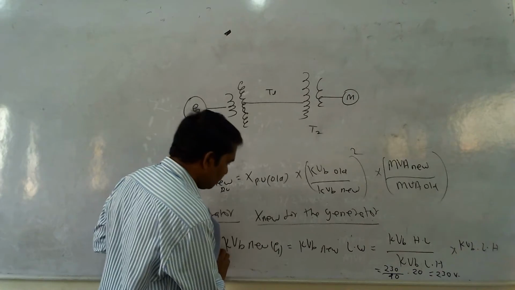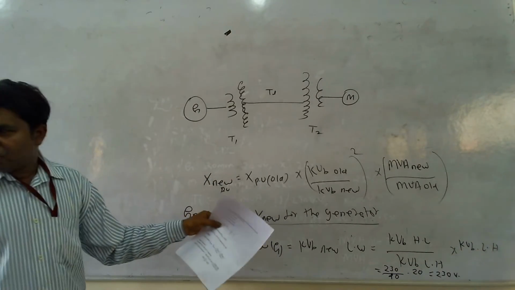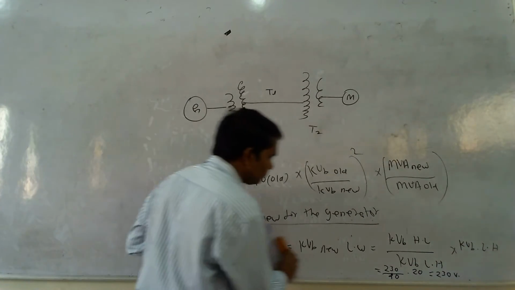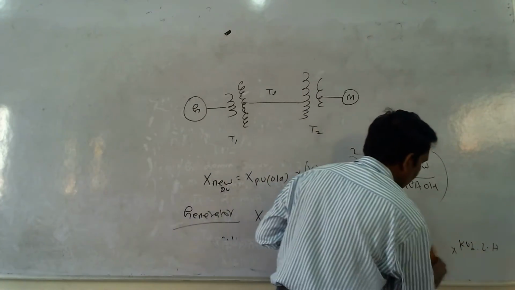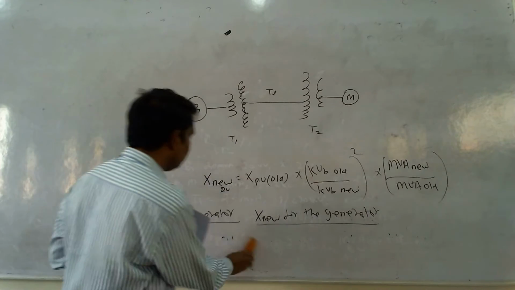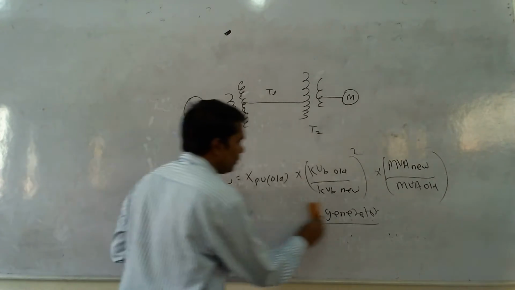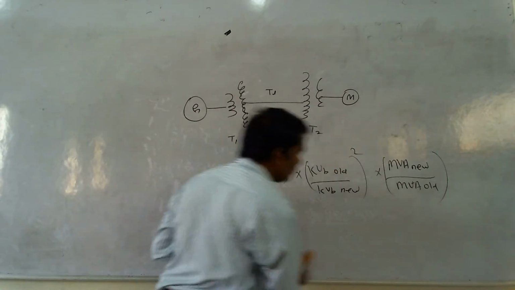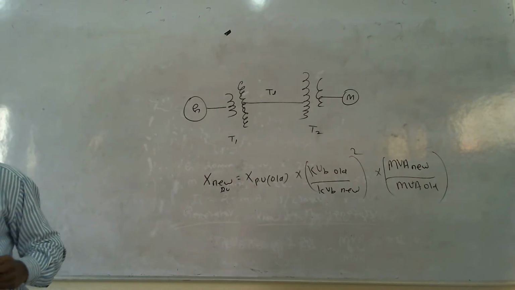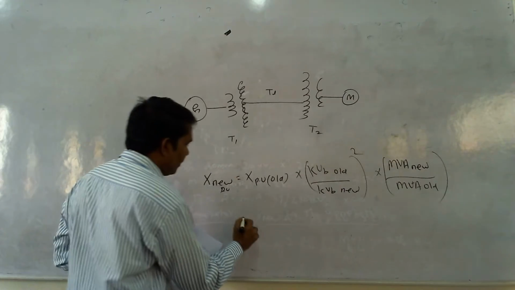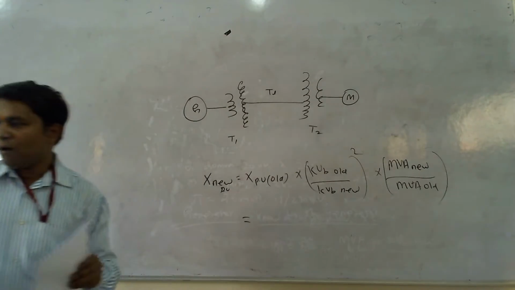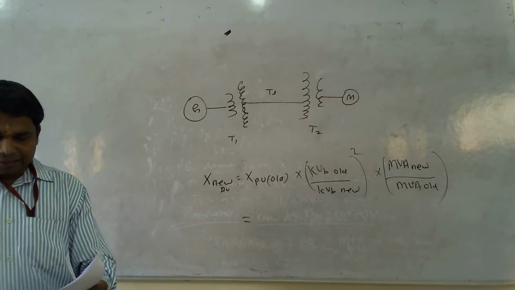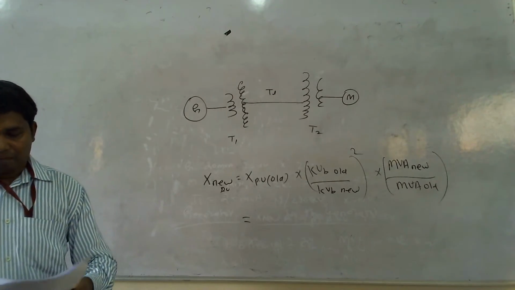Then, after noting these values, we have to substitute the values into the actual formula for this generator. We have already calculated it previously, right? So here we are just going to substitute the values for the generator.